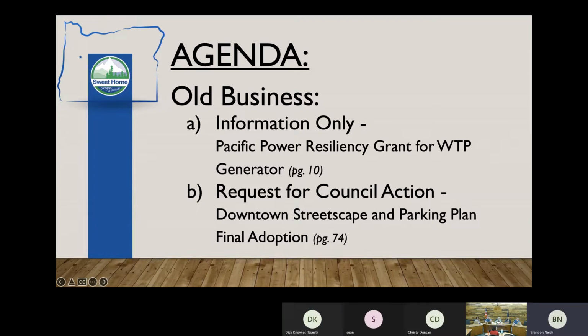And then we have to spend the ARPA funds within a certain timeline. Do you know how long the project would take to plan and then turn around and use those funds on top of what the grant covers as well? Yes, I want to tackle the project timeline first. We anticipate the project design completed in about a year, spring of 23. That includes time for the FEMA application. And then construction would be throughout most of 2024.